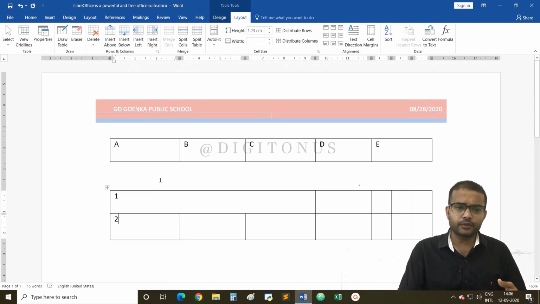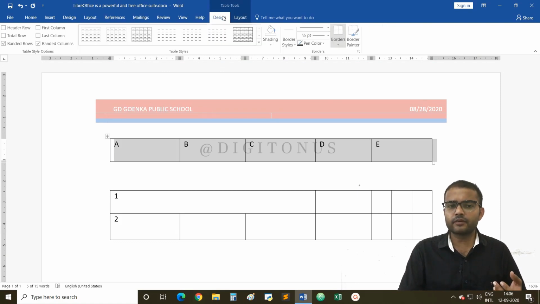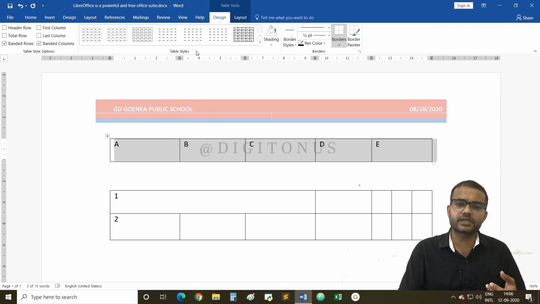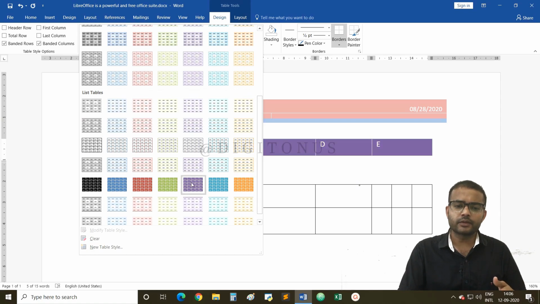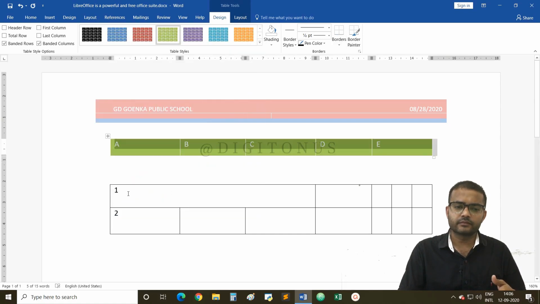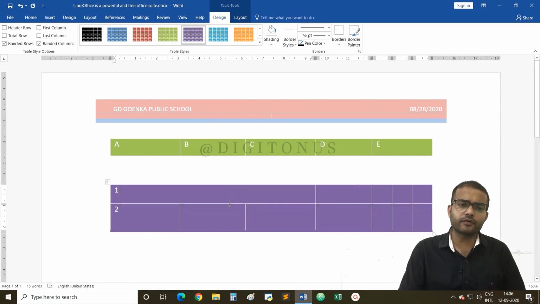What else can you do? You can change the table style. Select the table. Go to the Design tab under Table Tools. You will find a group that is Table Styles. Now from here you can choose a desired style. There are so many inbuilt styles given, so you can choose any one, whatever you want. This will change the layout of your table. Fine. Okay. Now coming to the last option of this unit 3 digital documentation, that is printing a document.